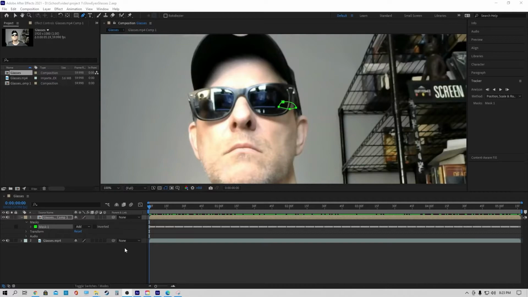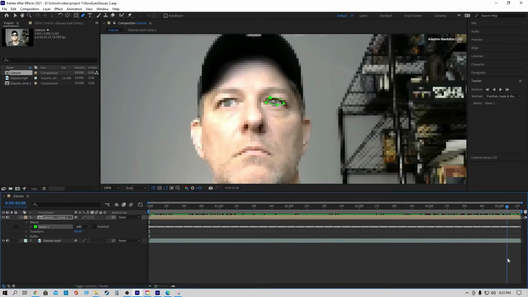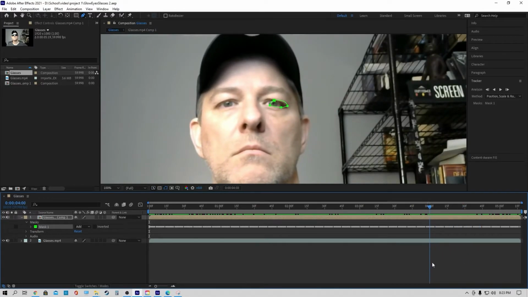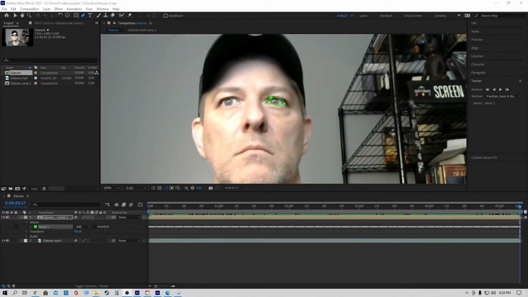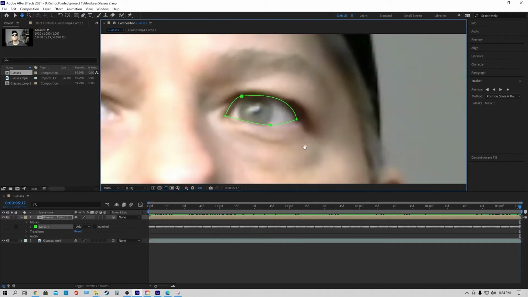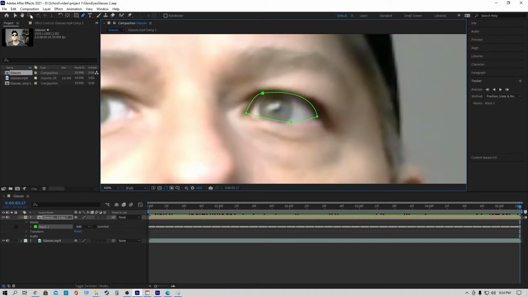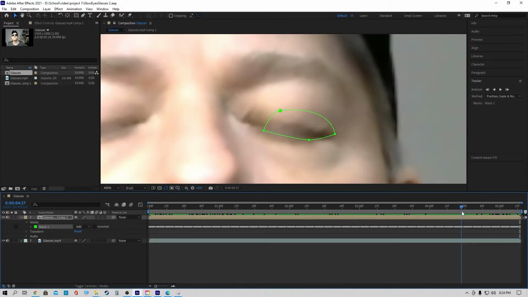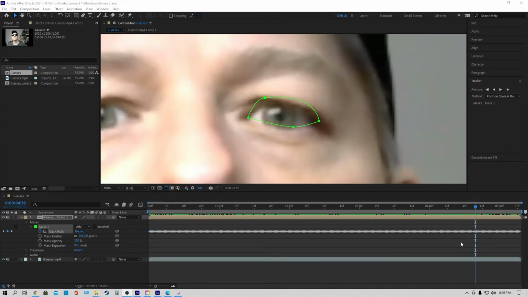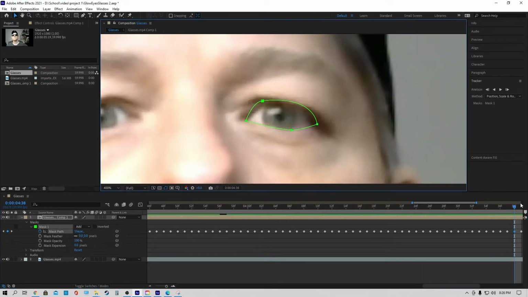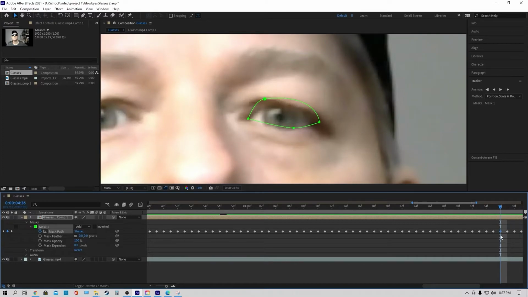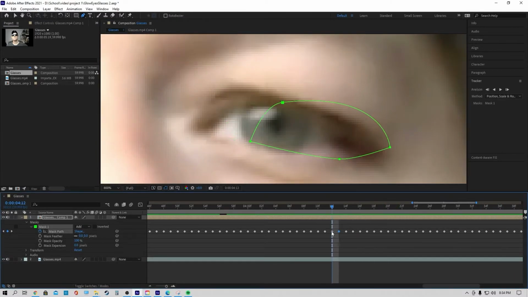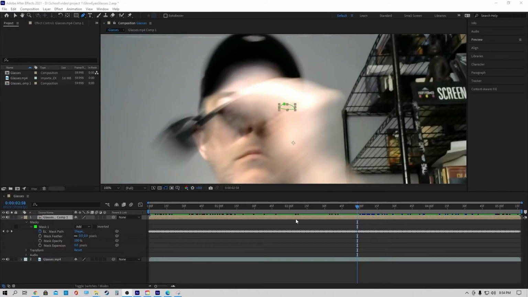Okay, the tracking has been completed, and if we scrub through this quickly, we can see it did a pretty decent job, but we're going to have to manually adjust our mask. We need to find where the tracking falls apart and edit frame by frame to fix this tracking. Drag the front end of the mask layer over to hide the mask until we're ready to see it.